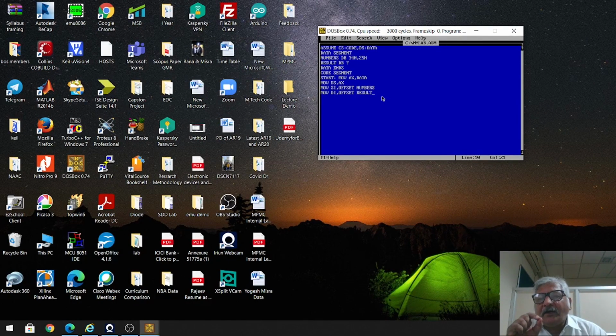So the offset address where I will load this result, that I will load in the DI register. For that I have written MOV DI, OFFSET result, right? So result I am using as an offset address for my storing place where I want to store the result, right? Now I will bring the first number in the AL register.